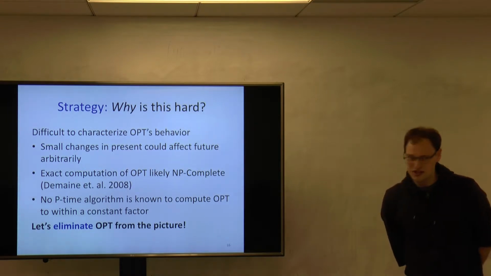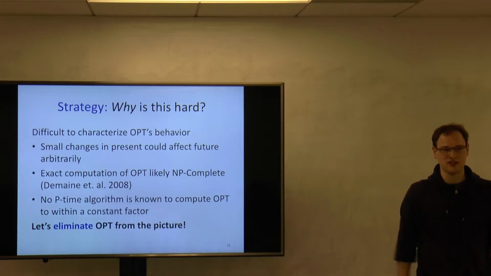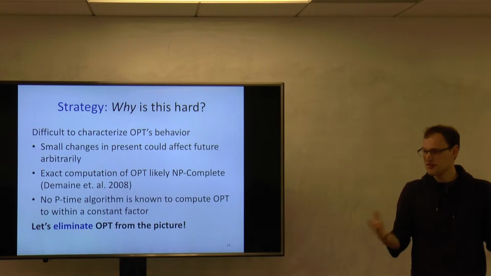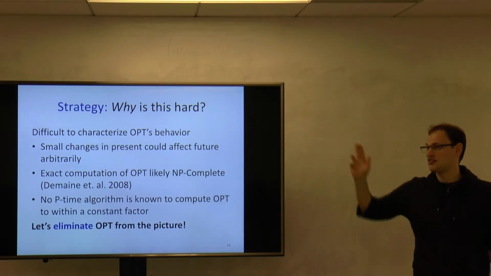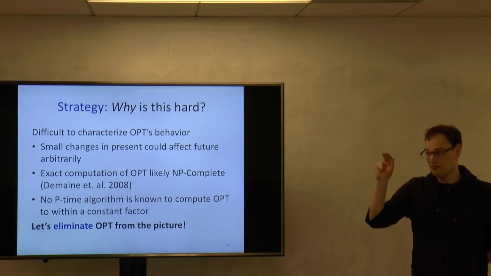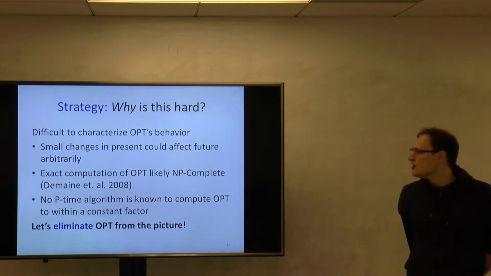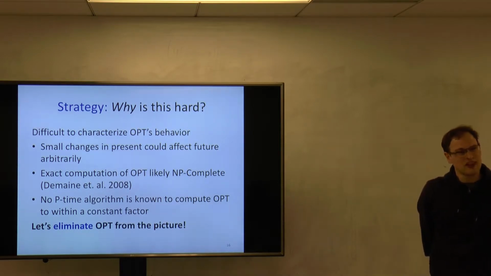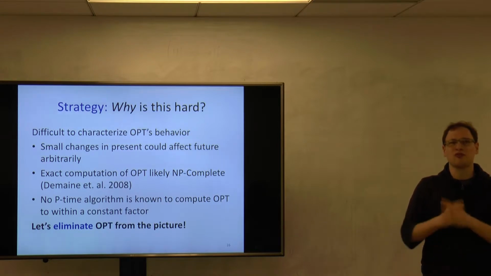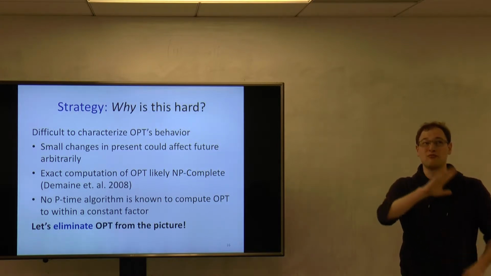A generalization of this problem where at each request I can ask for multiple items in the tree, that is NP complete. And it's open whether or not this single item per request is NP complete, but it probably is. And on a heuristic level, it's hard to describe it, but